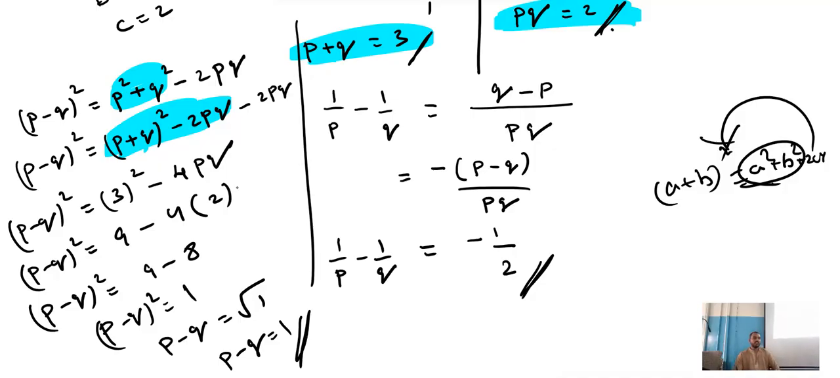So this is the final answer. Is this clear? Next problem. Yeah, take on the next question. Find the zeros of the polynomial x square minus 3 and verify